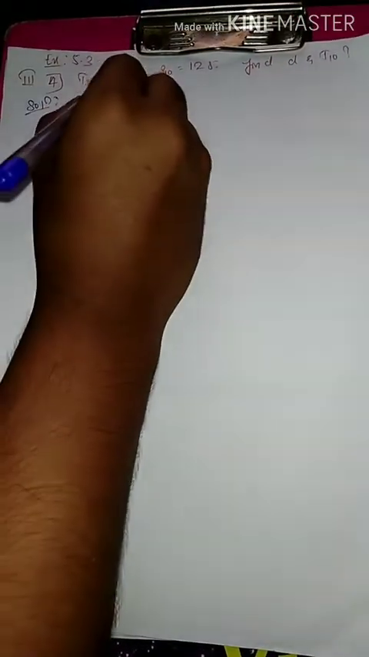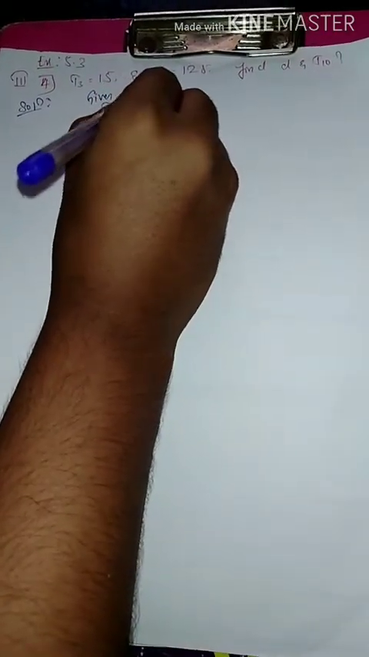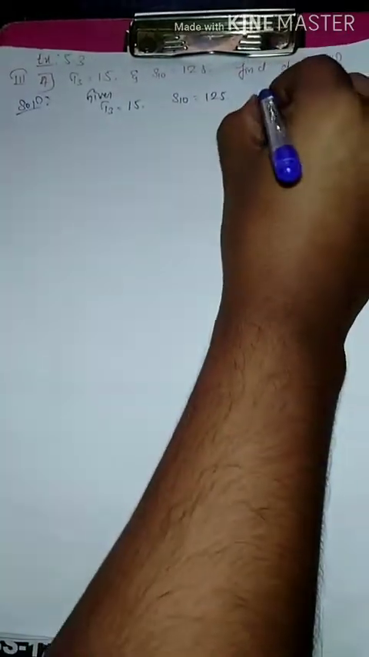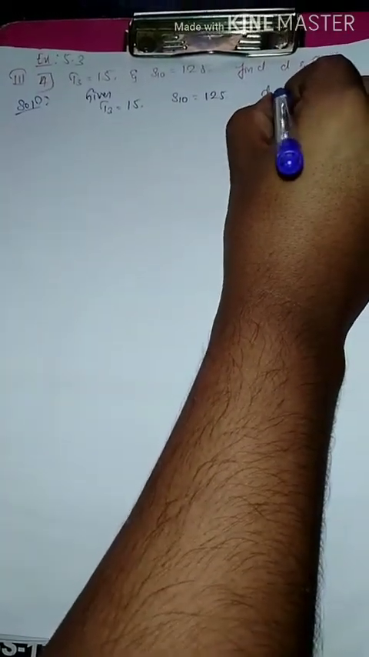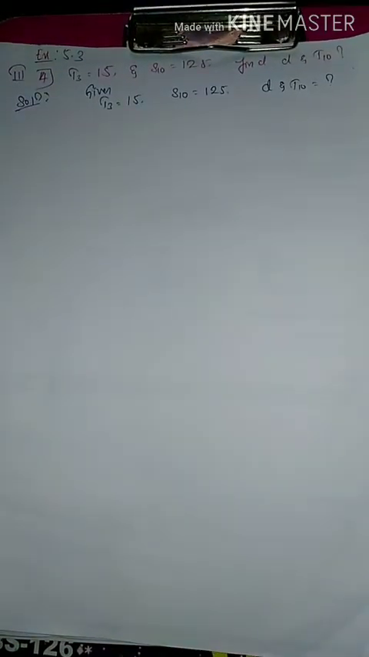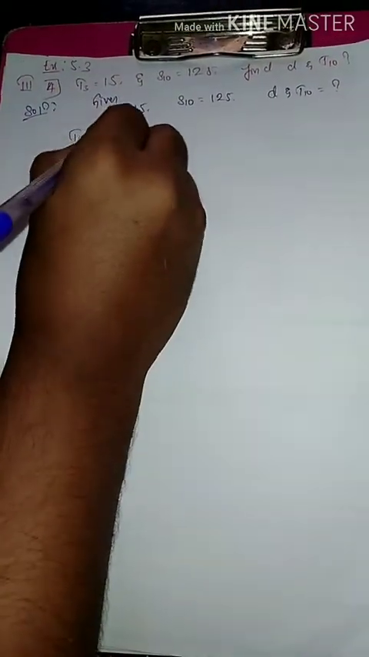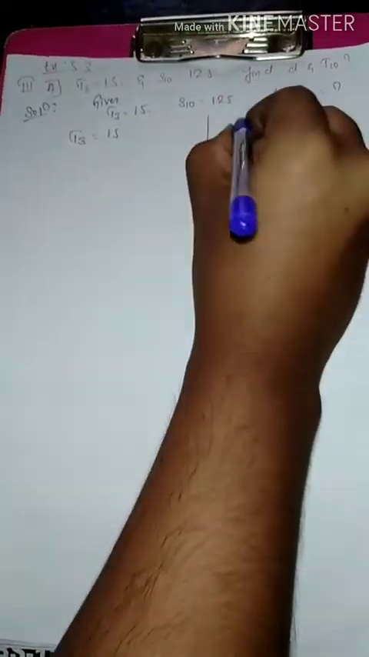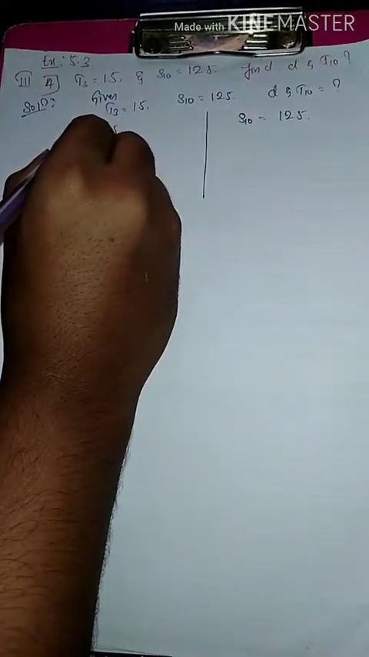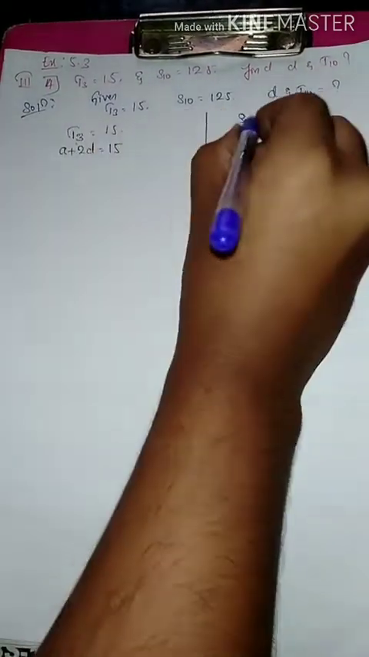Solution. So here given that T3 is equal to 15 and S10 is equal to 125. So we need to calculate D and T10. D is equal to how much and T10 is equal to how much? So T3 is equal to 15 is given and S10 is equal to 125 is the given. But we know that T3 is nothing but A plus 2D is equal to 15, and S10 is nothing